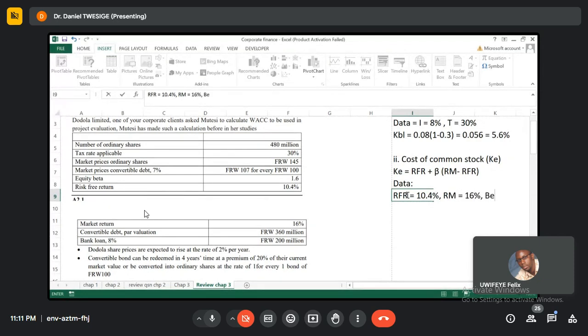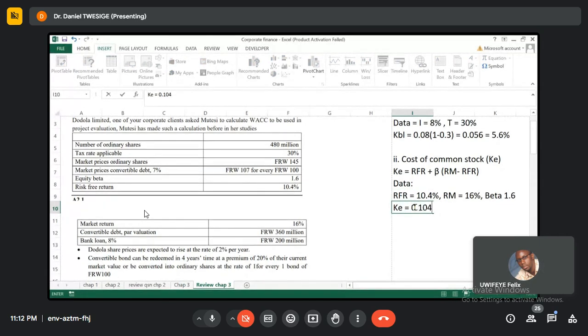And beta is also given. It is an equity beta, 1.6. So what else do I need? It is a geared business. I don't need to adjust anything. It means my KE, if I am to substitute, I have all the necessary data,